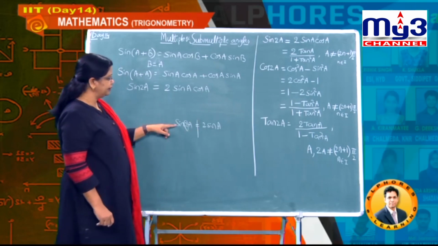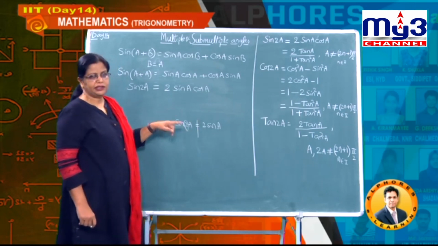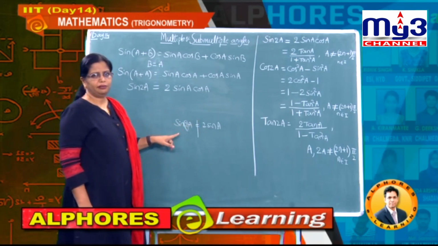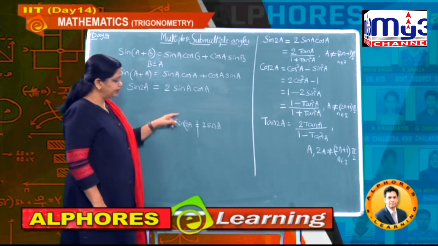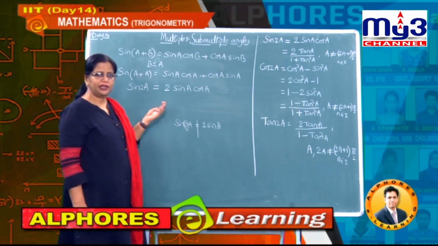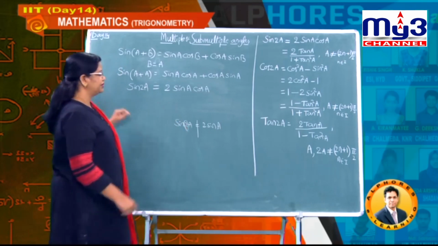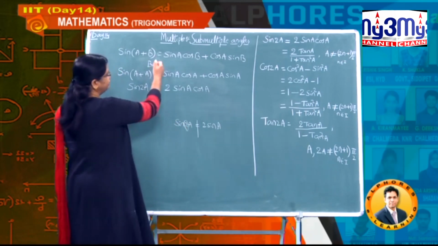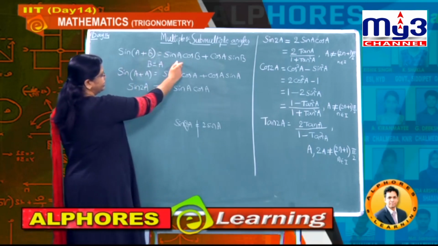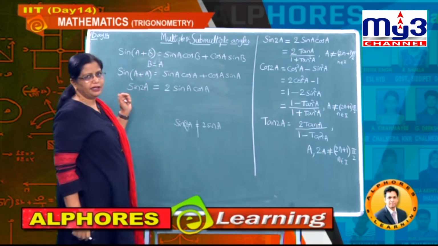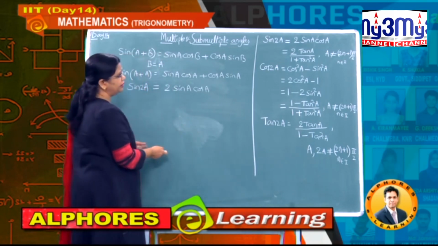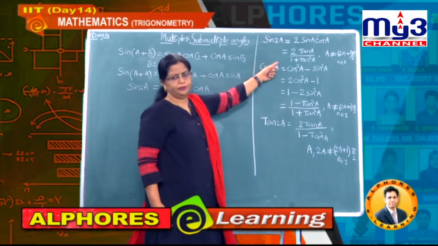So sin, cos, tan, etc. are functions, and whenever they are functions we can't take the multiple outside. You can go through the word function again in coming concepts, one of the chapters is functions also. Students, don't worry about all that, but till now, sin a plus b gave us this value, and the same we will get in terms of tan also.